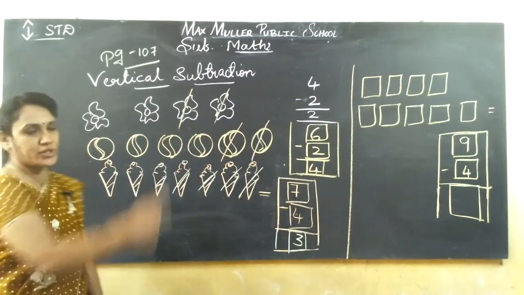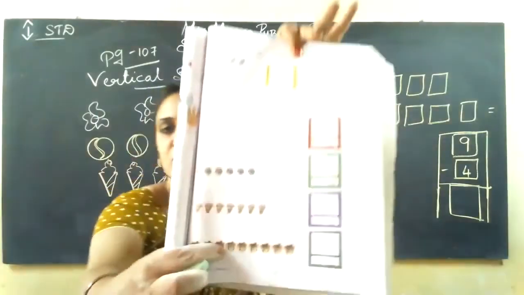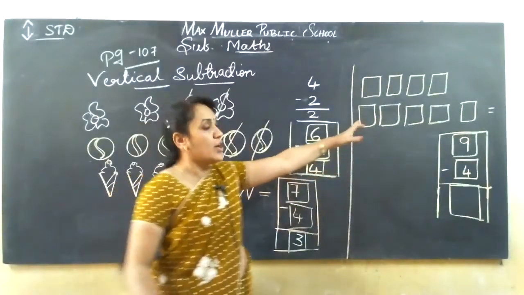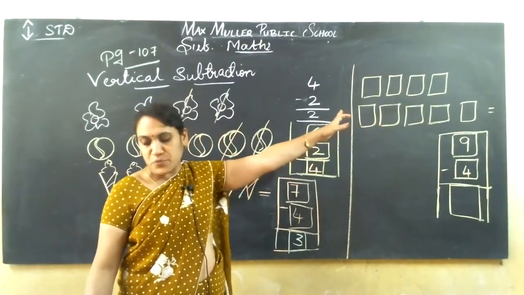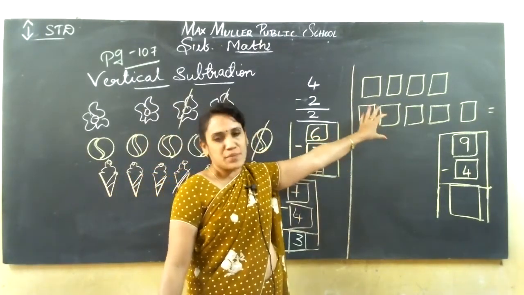Understand this sum? For the fourth sum, there is no place here. But in your book, it's given here, the last sum. Yes, but for me there is no place, so I have drawn it here. I have just drawn a box, which is actually a gift box, but it's drawn in your book correctly. I drew just a box to help you understand.